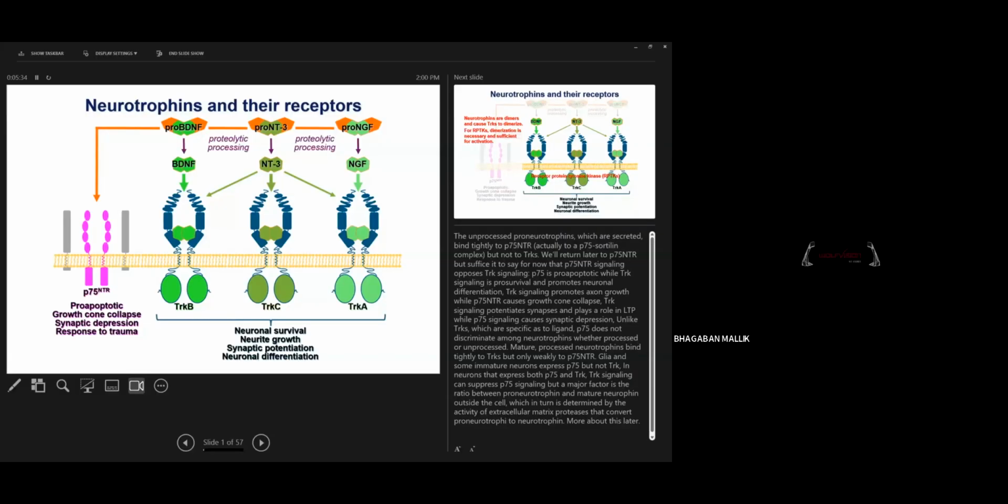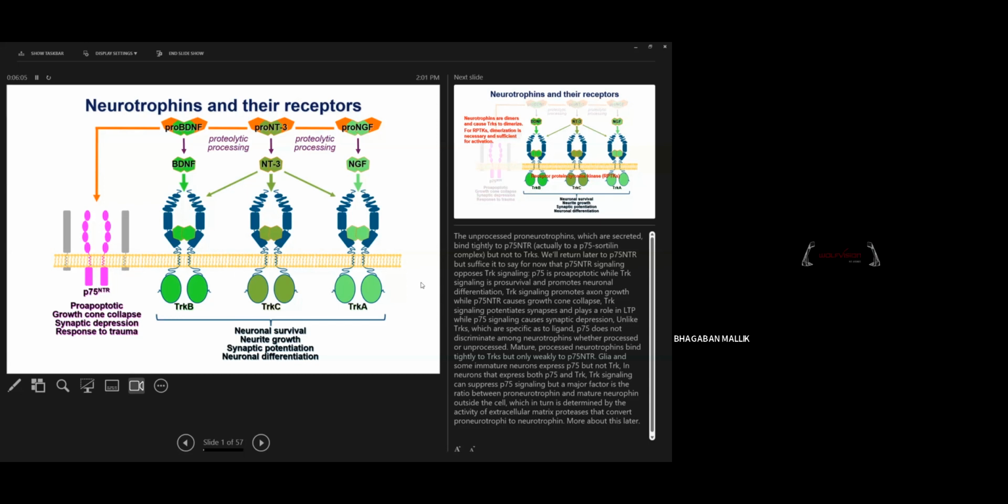Okay, all right. So last class we talked a lot about apoptosis and a little bit about neurotrophins. So today we'll concentrate only on neurotrophins. No more apoptosis, because we have talked a lot about this, but we will have some slides for the apoptosis also, kind of a recap. So